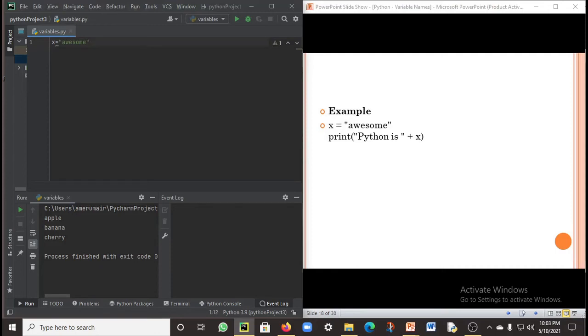So the value of x is awesome, and awesome is stored in x.